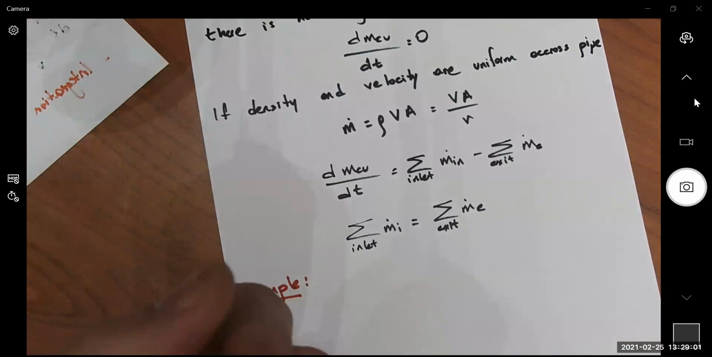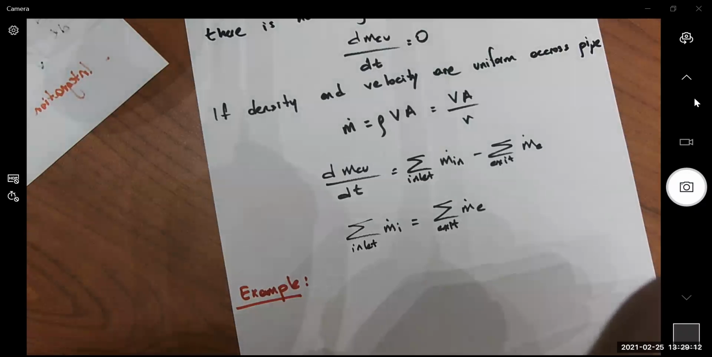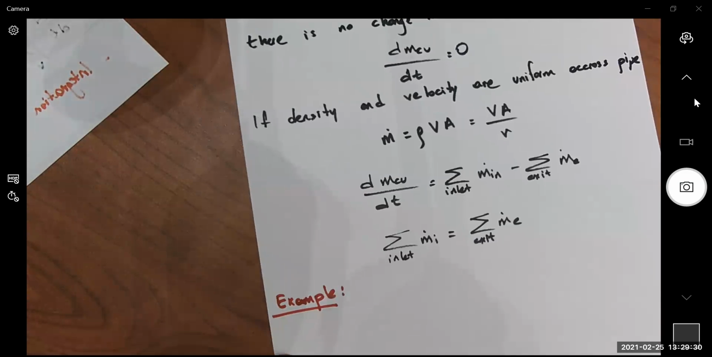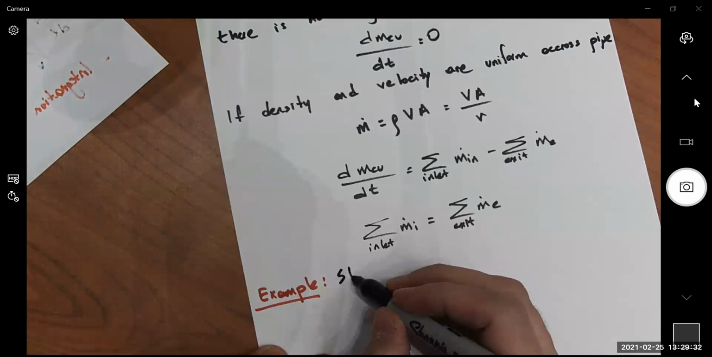Example. Everything is still the same. We are still using tables. We are still using the same properties, same method. Everything is the same. We're just going to apply that on a control volume instead of control mass, okay? By using all those equations and statements. Okay? For example, steam